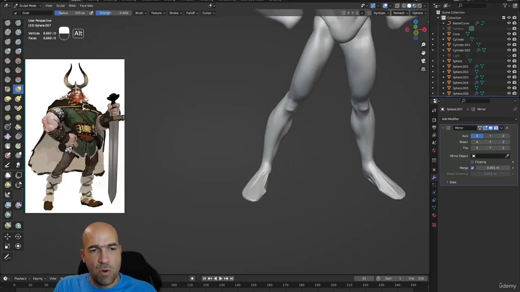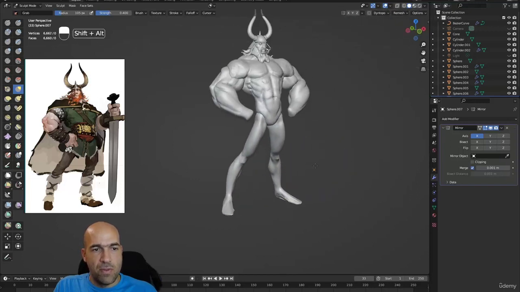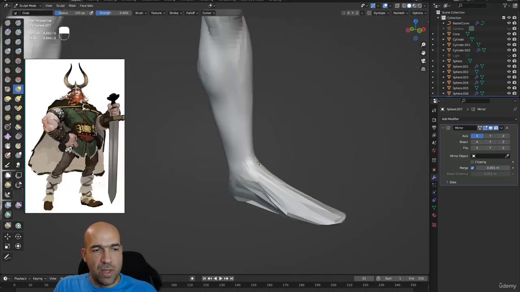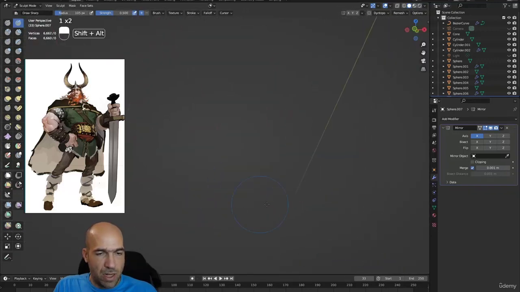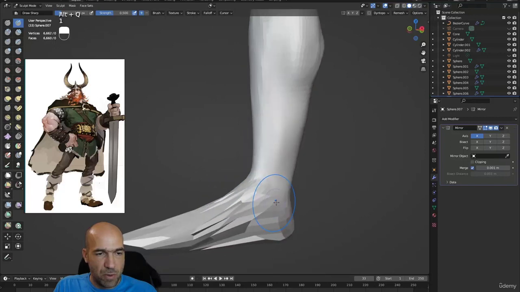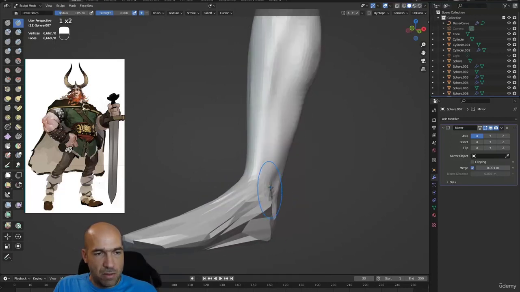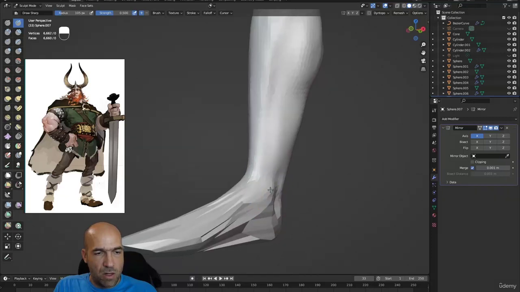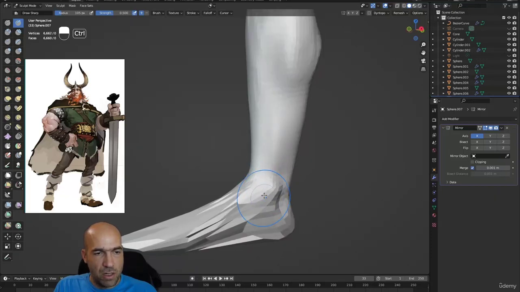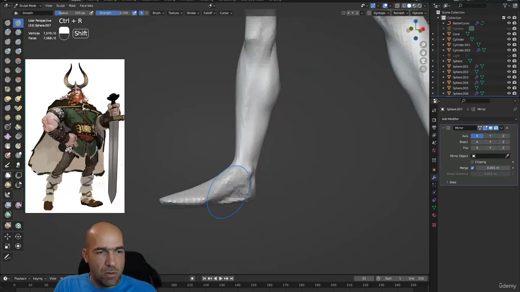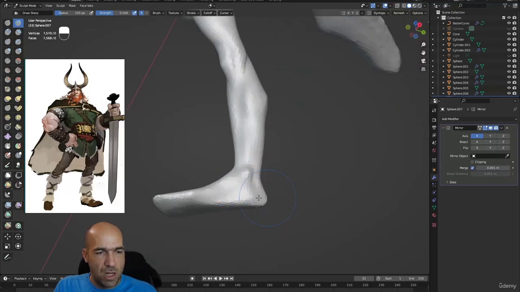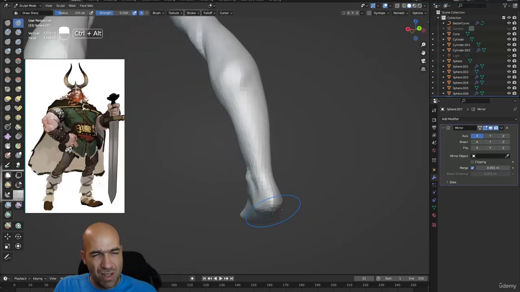Yeah, now it's more dynamic, you see? When they're pointing outward, it's better. Now, we need to make this, oh, I'm working on the other feet, it cannot be done. So we need to make this and this, and to have our bone in here, which is the ankle bone maybe. And then Control R to apply a little bit of subdivision because the polygons were a little bit too